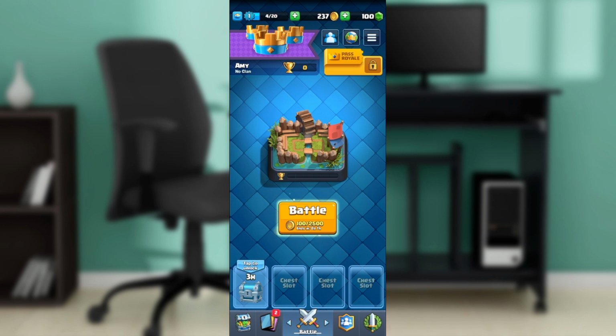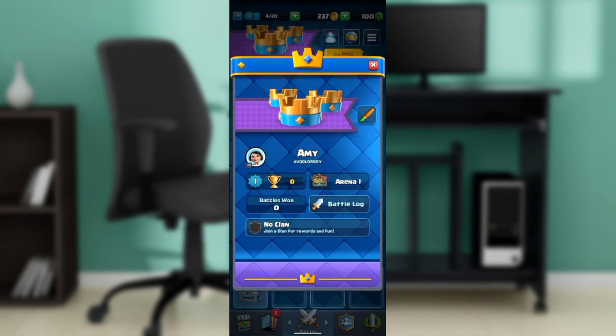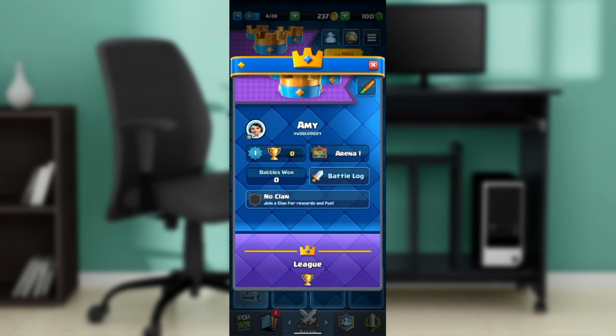So from this home screen, where can you locate your clan? At the top left corner of your screen, where you have your name, my name is Amy, you see no clan, so go ahead and click on your name. I do not have a clan, but if you have a clan that you have created already, here where you have the no clan option from this window, you're going to see your clan. So go ahead and click on your clan,